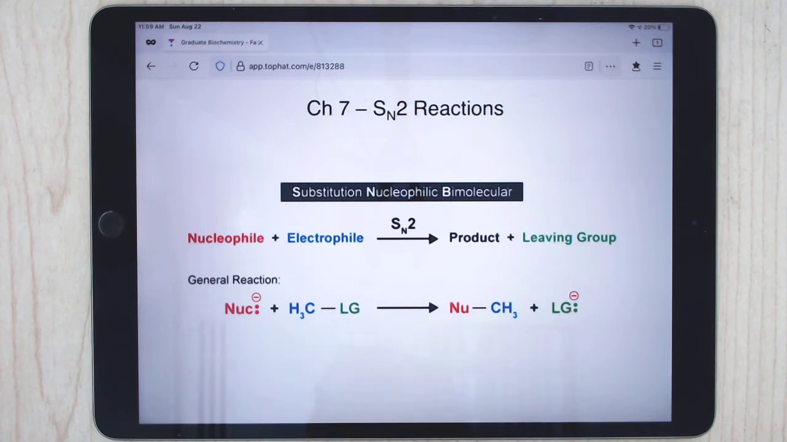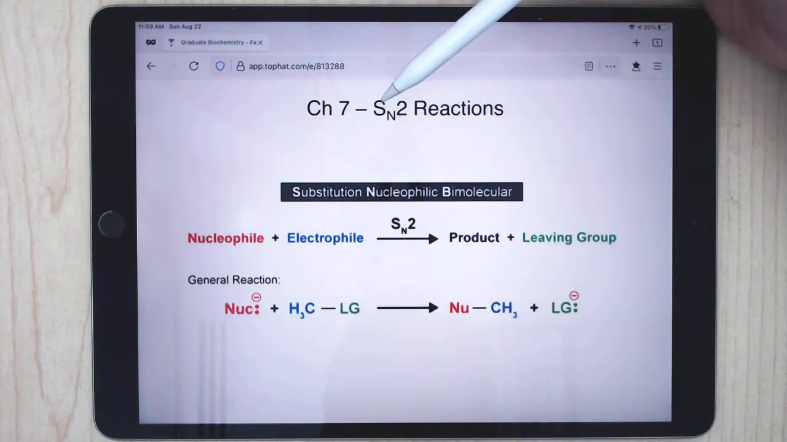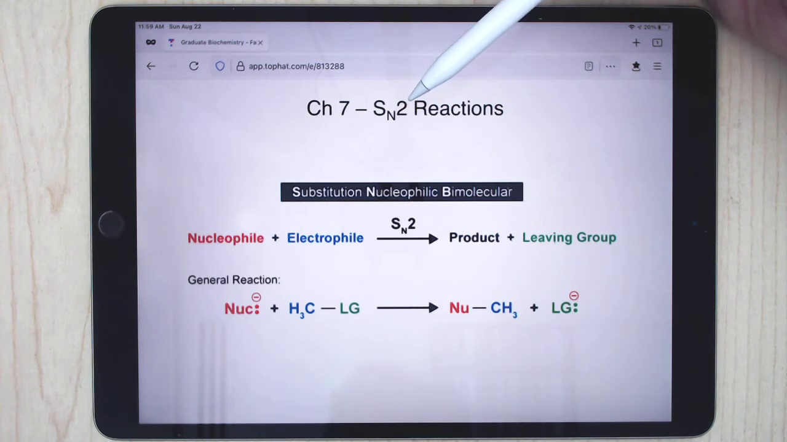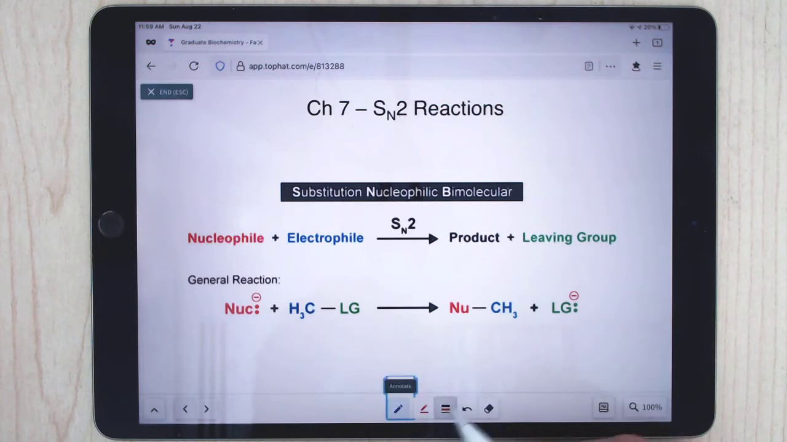So the first one we're going to talk about are the substitution reactions, and they're called SN2 reactions because the S stands for substitution. They're going to use a nucleophile to do that, and we'll talk about what that means in a minute. And they're bimolecular, so they have two chemicals coming together, two starting materials coming together in the rate determining step. Okay? And so the nucleophile, if you remember,